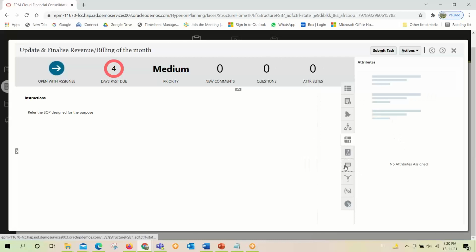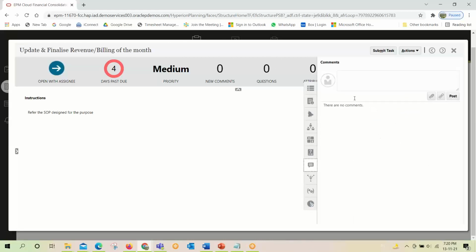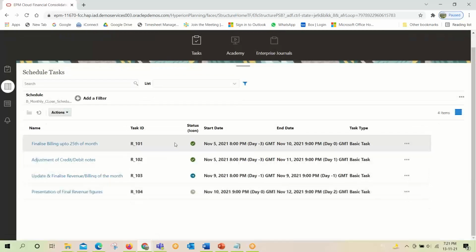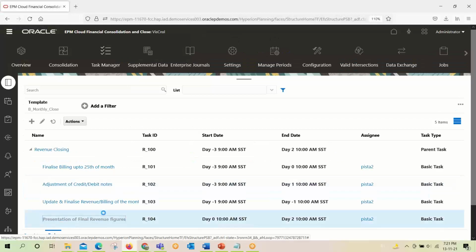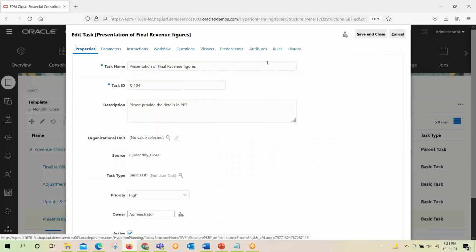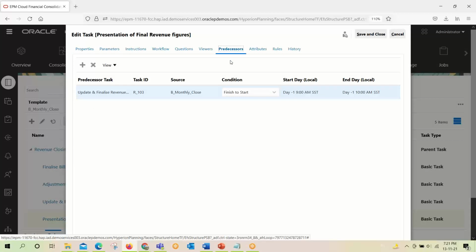Before that, we will see that the status icon for task ID R104 is still pending, because we have given the condition that the predecessor task must be completed before initiating task 104.